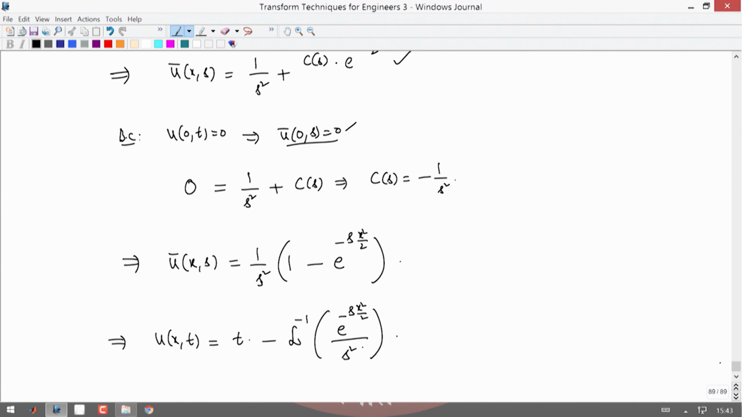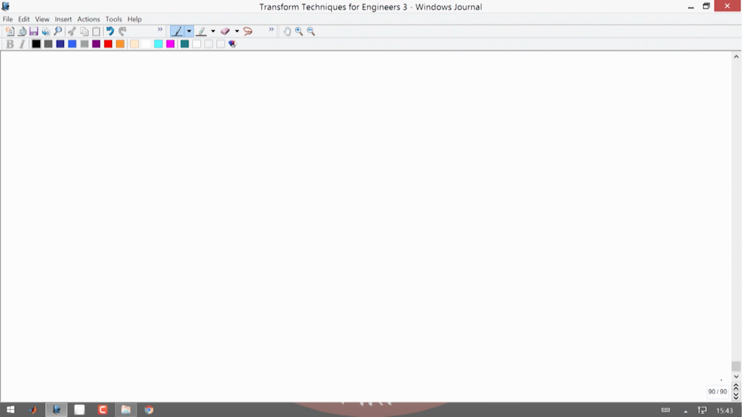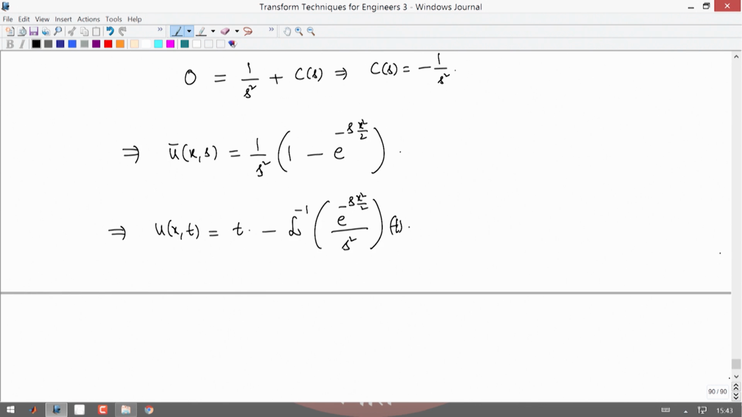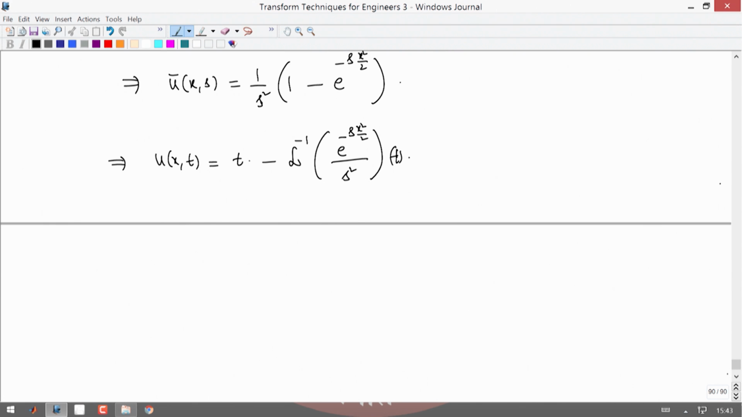So, that is the solution, which is a function of t, of course, that we should find. What is this Laplace inversion? We need to know what this Laplace inversion is. For the Laplace inversion of this, we use one of the properties of the Laplace transform that we have used earlier: if the Laplace transform of f of t is f bar of s,